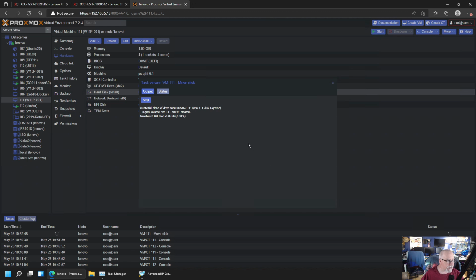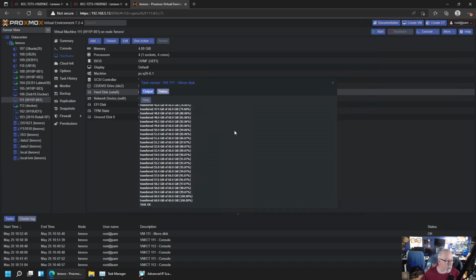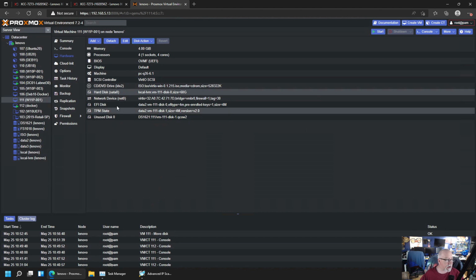And this is going to take some time. So it's coming off of spinning rust going on to SSD. So it'll take as much time as it takes. We'll come back when it changes. All right, so the disk has now been moved. So now when we take a look here, it should say that it is on